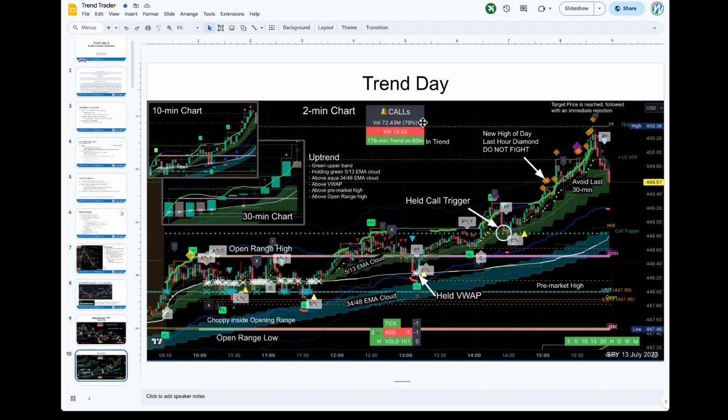Remember, the traders can trade anything they'd like, so you're not going to trade something that's not going to make a move. You're going to say, okay, where's all the action? Let's join the party. That's what you have to do. It starts off with looking at the volume and then playing the EMA clouds and understanding the levels.